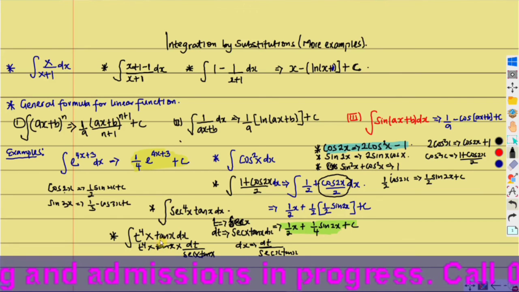Let's see if you can solve it and drop your answer in the comment, because now it's very, very simple. You have it in terms of t, and you know you can actually integrate that. So now it's simple. What you have is t raised to power 4 over sec x, which is very simple to do. So guys, I will stop here. I want answers to this. Let me see if